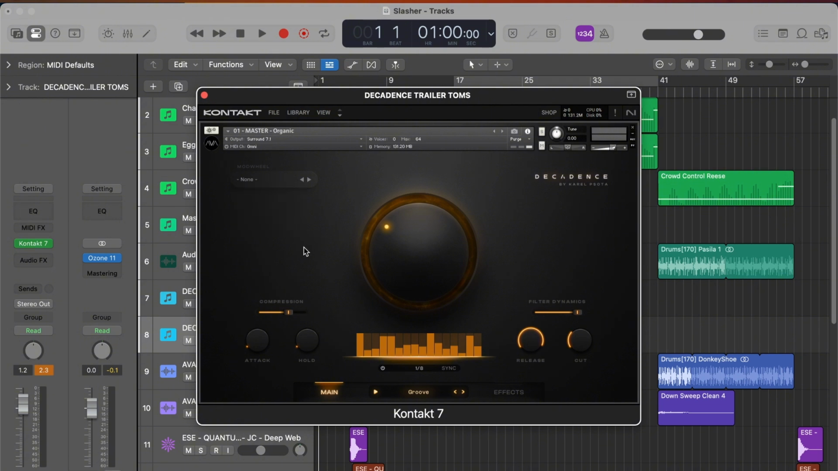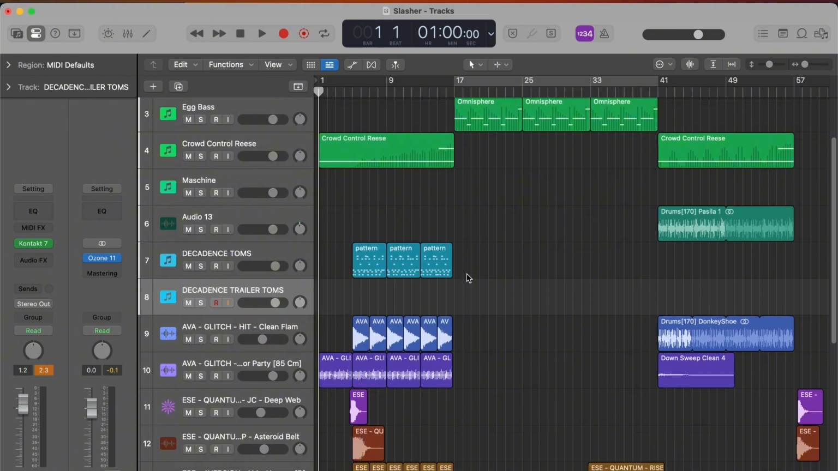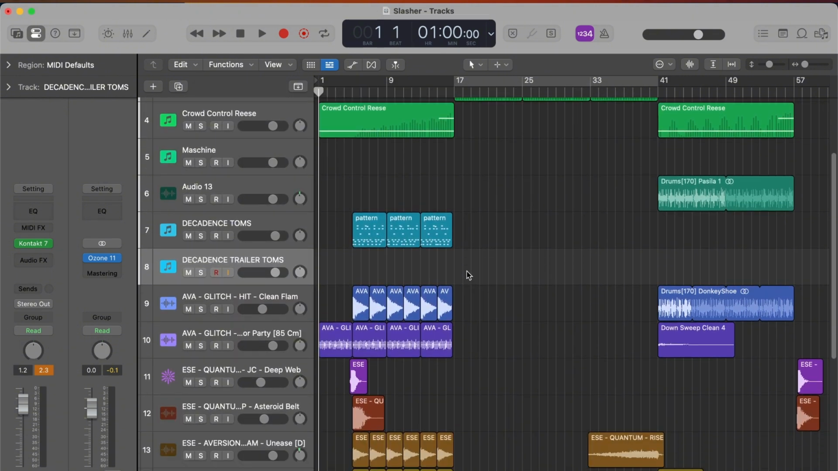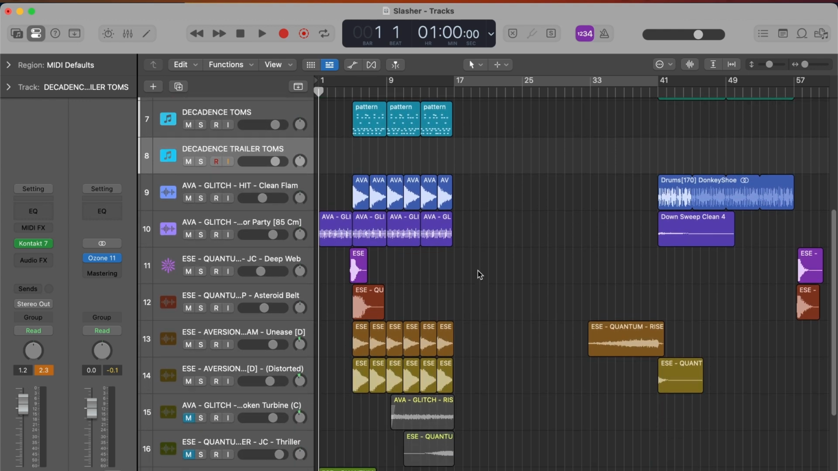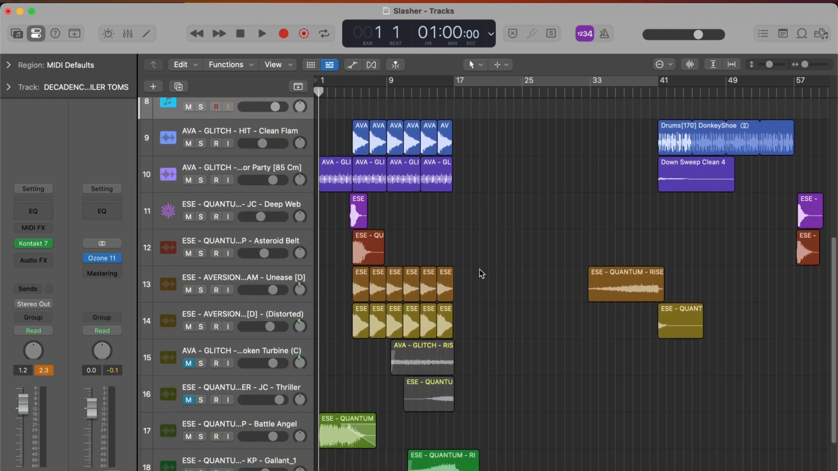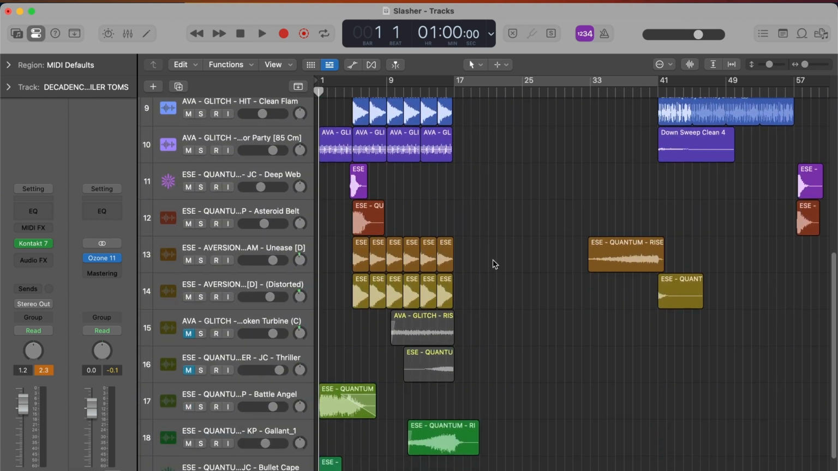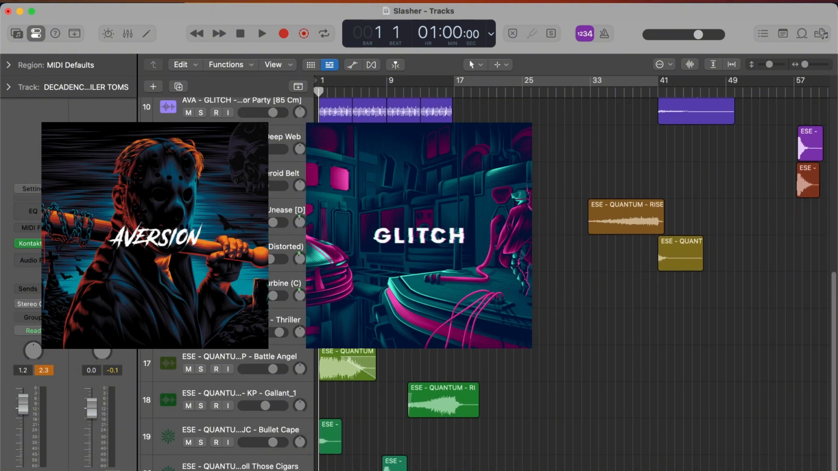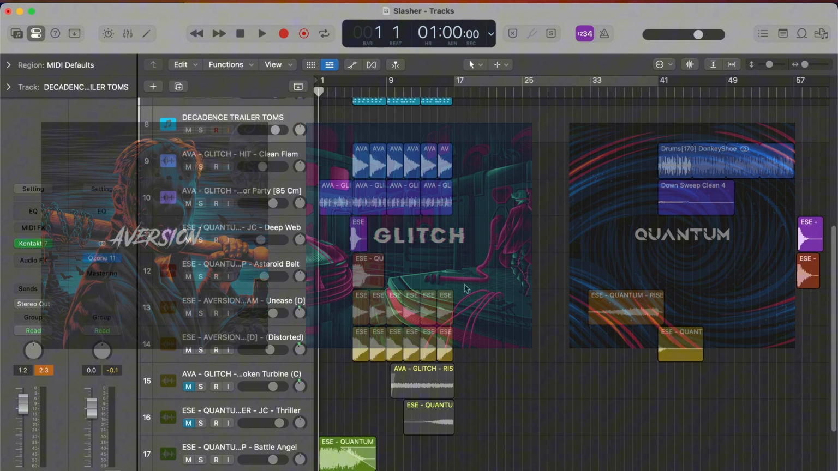Okay, so I want to actually show you what I've been working on and how I've just been using this plugin to fill out the tension within the intro track of my jungle track. And it's worth mentioning as well that I've used a bunch of AVA Music Group sample libraries to fill out the space around Decadence too. So I've used samples from their Aversion pack, their Glitch pack, as well as the Quantum pack,